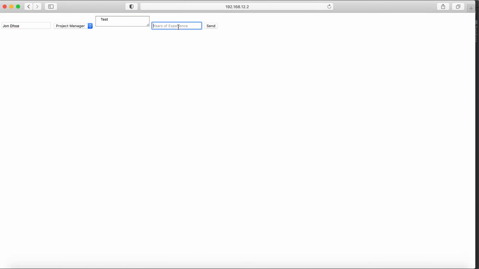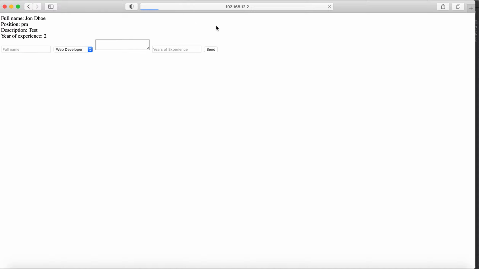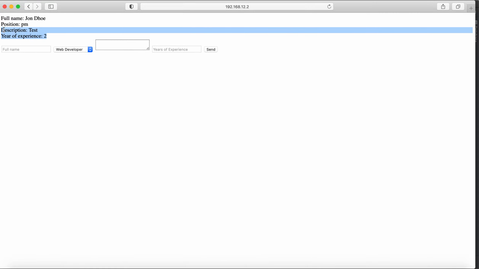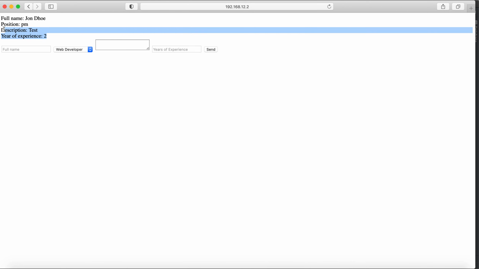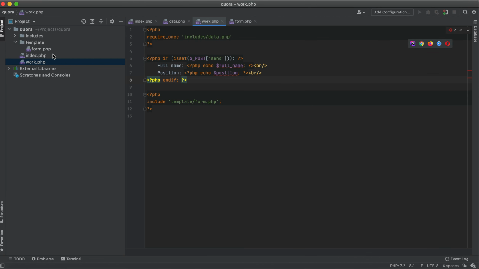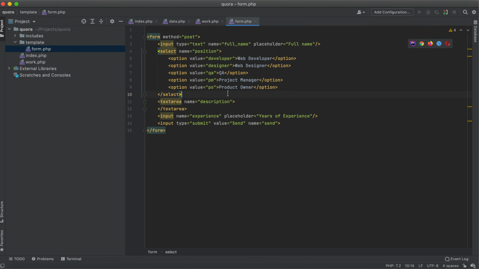Test, 2 years experience, and I see more fields here. So what I do, I reuse the form, and at the same time I show different information. And so now if I want, let's say, to add something to the template, for example, I